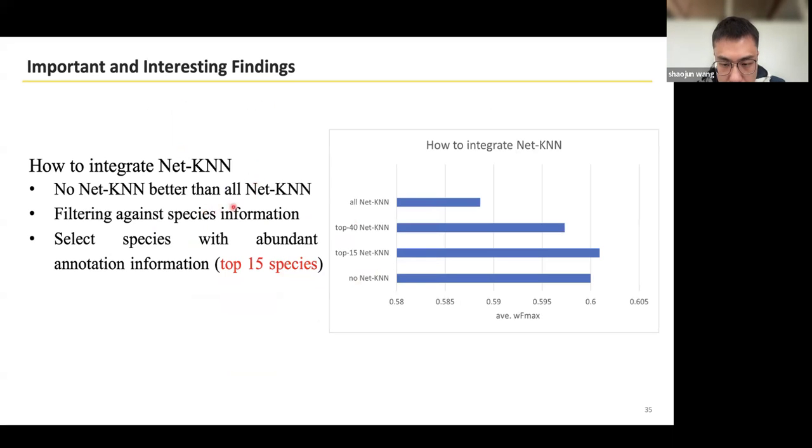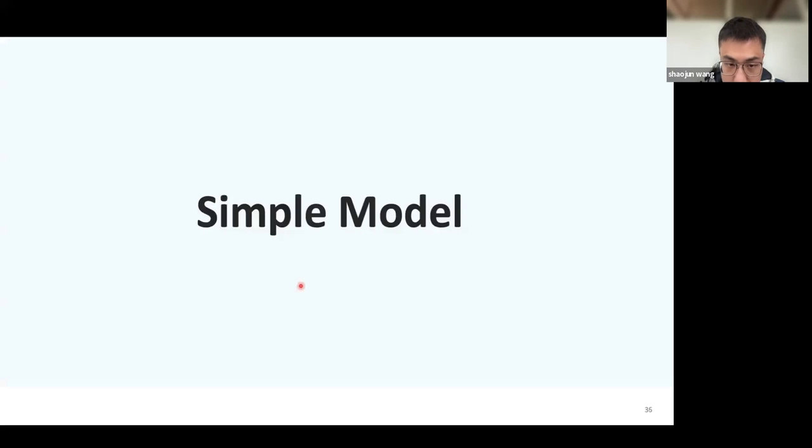When integrating NetGO into the model, we may do no better than not having NetGO at all, as scores that include NetGO are lower than scores that don't. Considering the property of the PPI network, we believe that NetGO may only be suitable for predicting proteins from well-studied species. At the time of integration, proteins of the most frequent 15 and 14 species were considered respectively, with 15 species being considered for optimal performance.